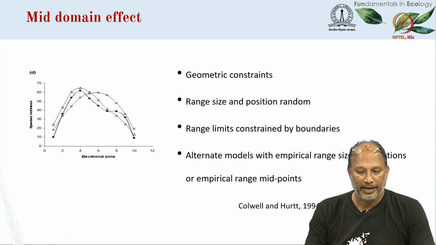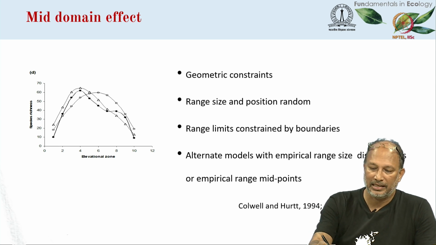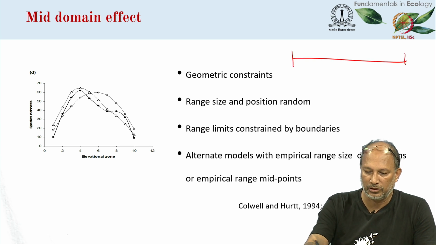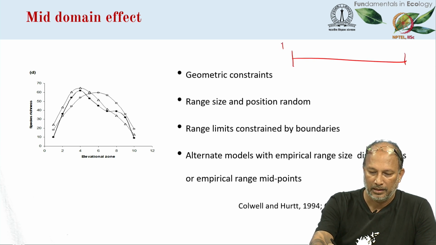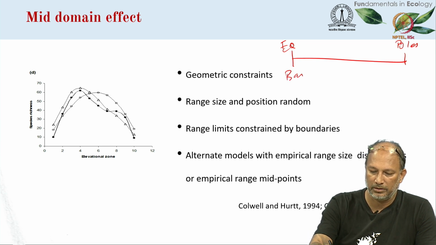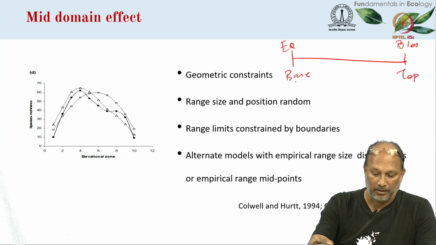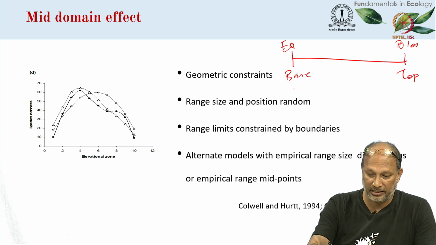They proposed what they called a geometric constraints model, and they said that if you take any bounded domain, as we did in the previous slide, now this could be equator to poles, or it could be the base of the mountain to the top of the mountain, or it could be any particular geographic range, specifically the tip of the southern Western Ghats to the